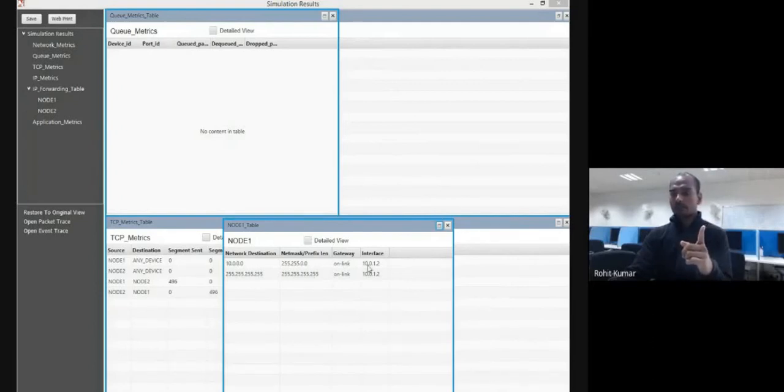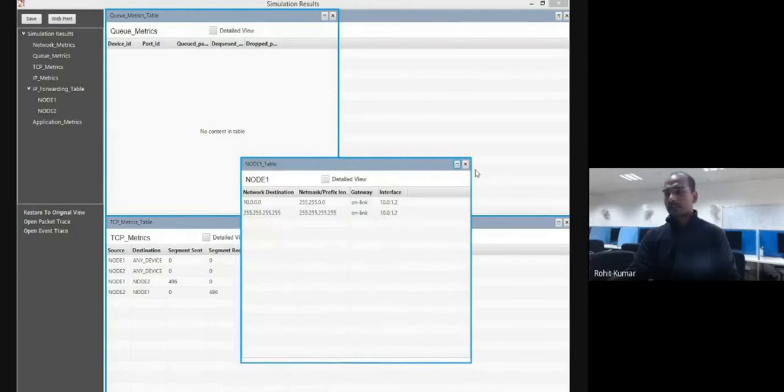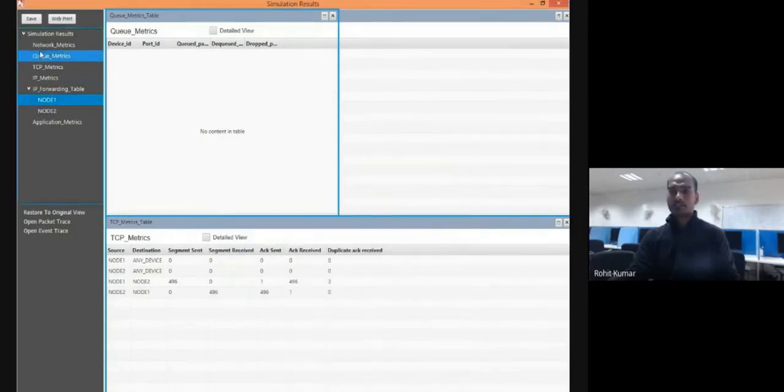So only one node was there. It is the 10.0.1.1 node. And it is connected to 10.0.1.2 because it is the same network. We have used just a simple switch, no router. So there is no separate network. Okay. So it is directly connected on the link. Okay, we'll discuss these things later on in detail. You just simply understand that these are the simulation results.